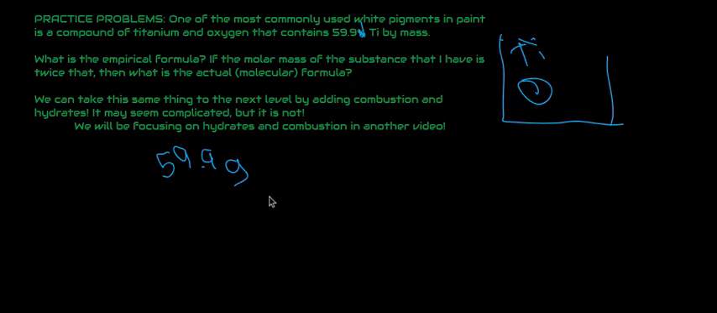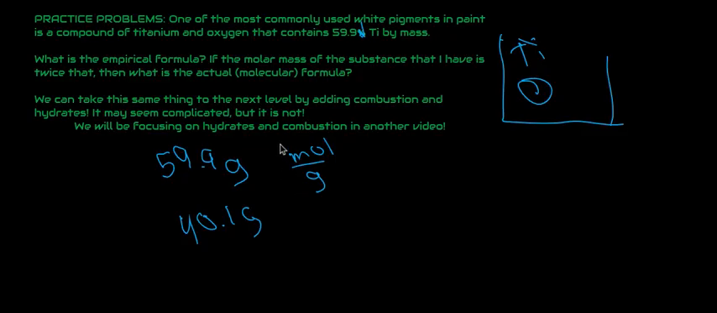If we have 59.9 grams of titanium, then how much will we have of oxygen? Remember, everything always equals 100%. So that means with oxygen, we're going to have 40.1 grams. We can do the simple conversion factor that we learned